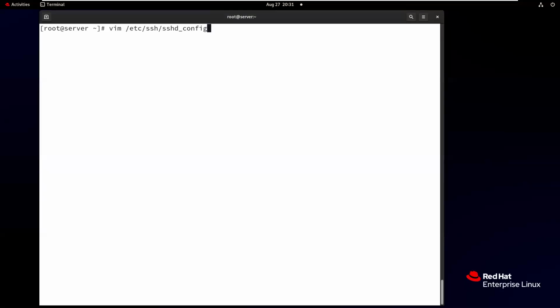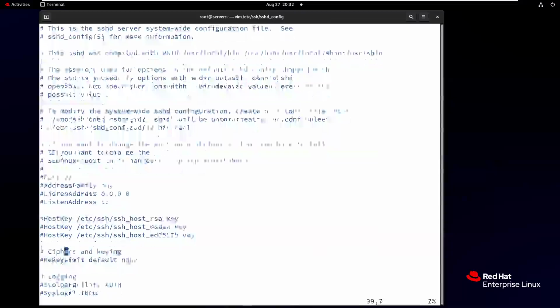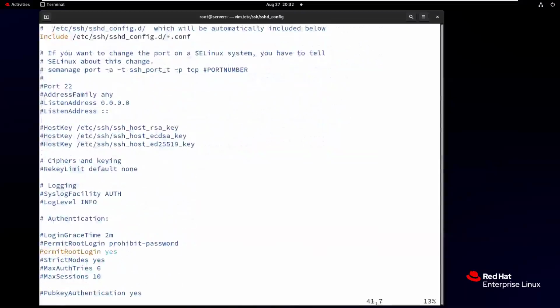I told you, on the server side, the configuration settings are in /etc/ssh/sshd_config. This file maintains your SSH server settings. So now remember, SSH runs by default on port number 22. If you want to change the port number, here we can change the port number. And the second important thing,